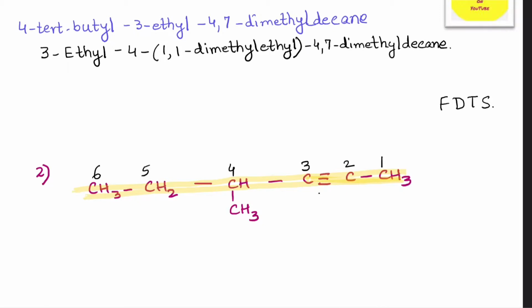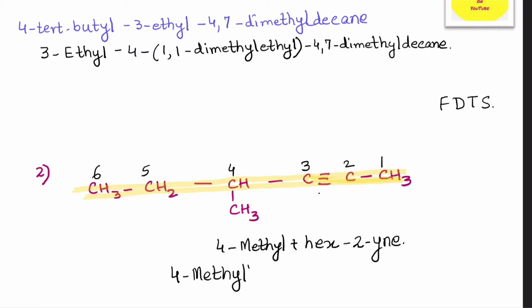And this compound becomes, at the 4th position, we've got methyl. So my word root would be hex. It's got a triple bond between carbon number 2 and 3. So we denote it by the smaller of the two numbers, so 2-yne, and at the 4th position we have got methyl. That's my prefix, right? Join these two parts and you have the name. Because it's a name, let's write it with a capital letter: 4-Methylhex-2-yne.